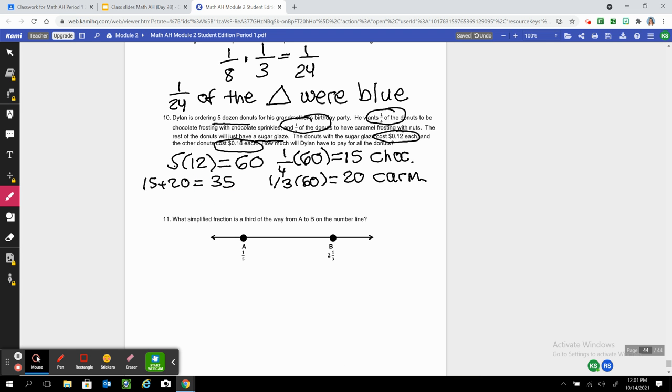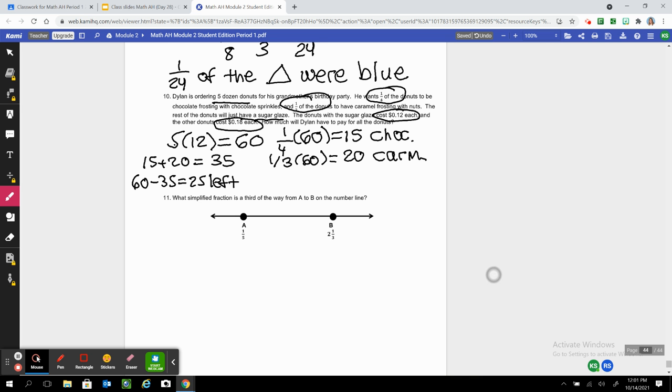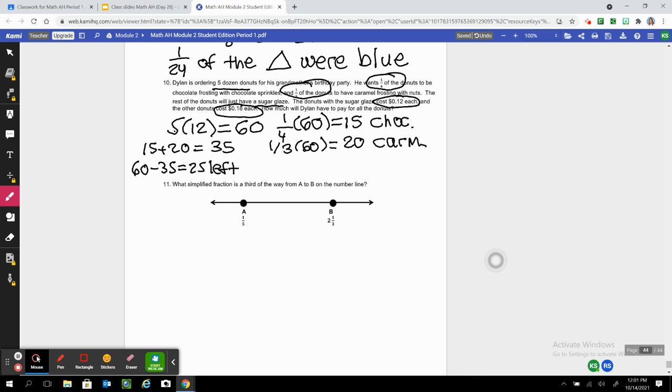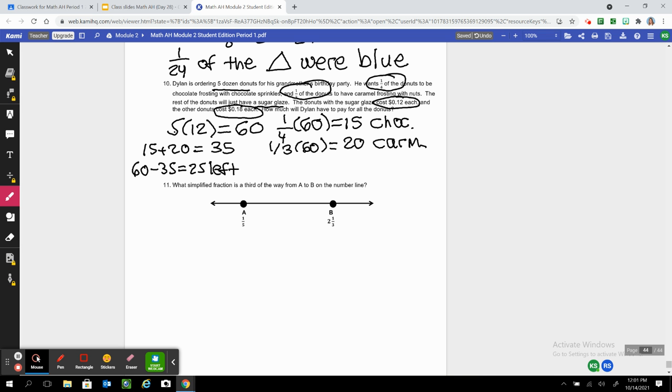So what's left is 25 because 60 minus 35 is 25. So now what I need to do is multiply the 12 cents by what's left, the sugar glaze, and then 18 cents by all the other donuts. So I have 25 times 12 cents